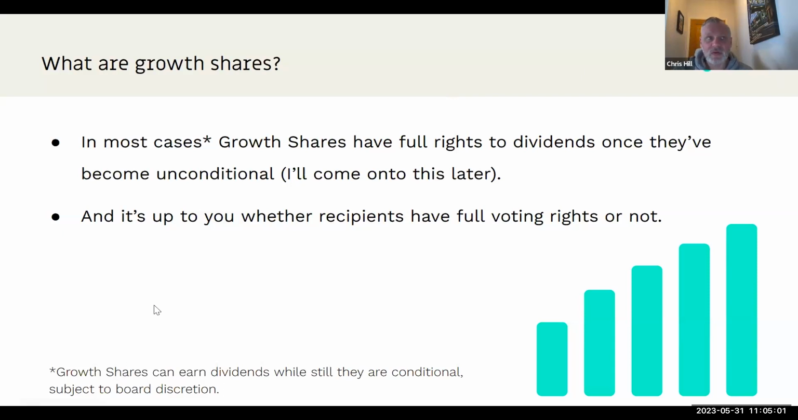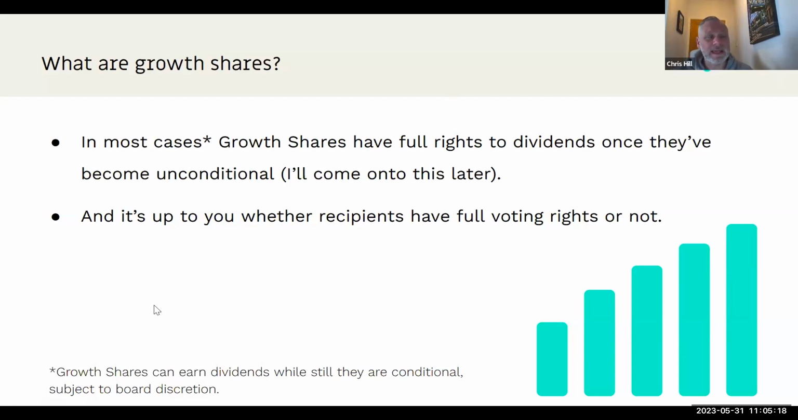Now, you don't just give growth shares away because you just don't give equity away. So you would give them with conditions. That could be time-based, it could be KPI. You can pay dividends to growth shares while they are still conditional,